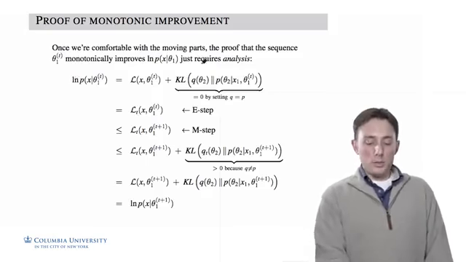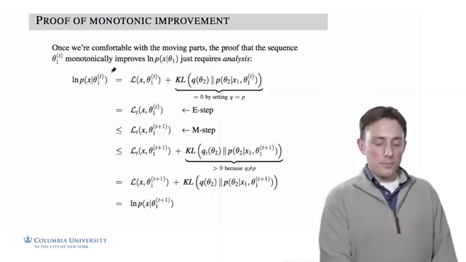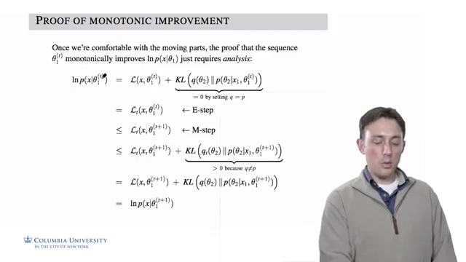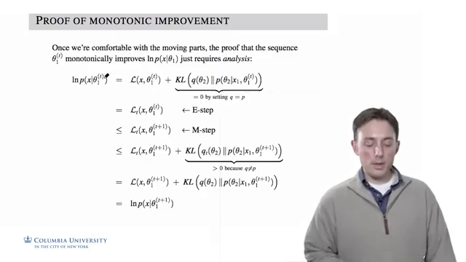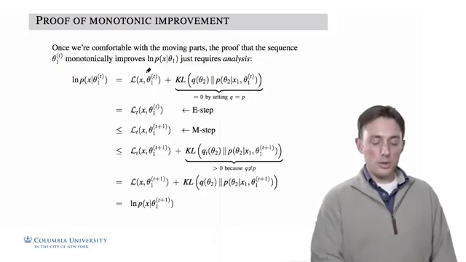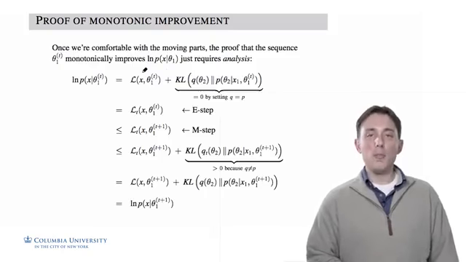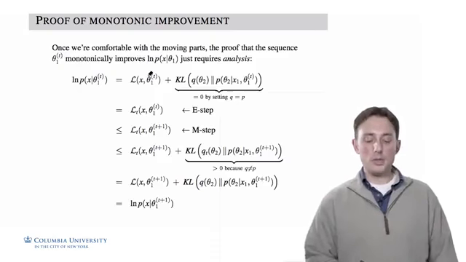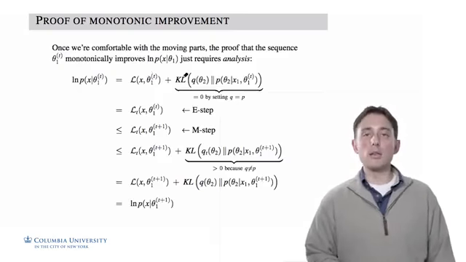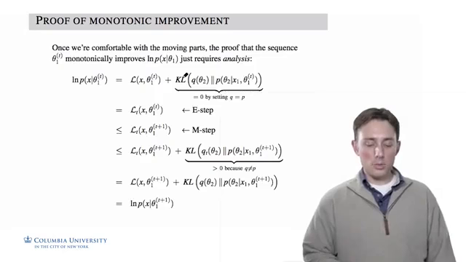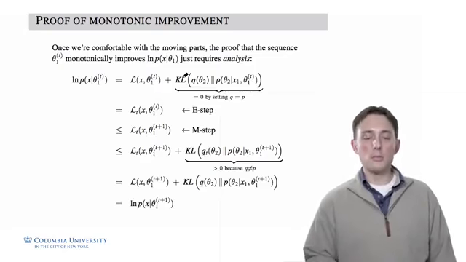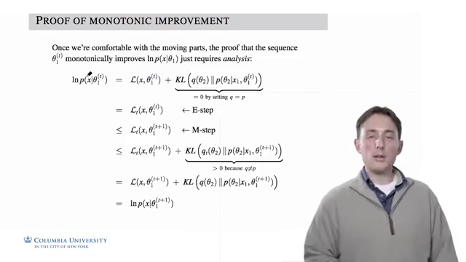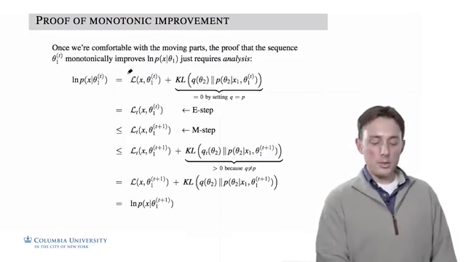The way that we do this is we use the EM equality. So we know that the log of the probability of x given theta 1 at iteration t is equal to the first term, the L function. So you can go back to the previous slide or perhaps write it down to plug in the values here, but I'm going to use this shorthand just to make it look cleaner and more compact. So this log likelihood is equal to the L function